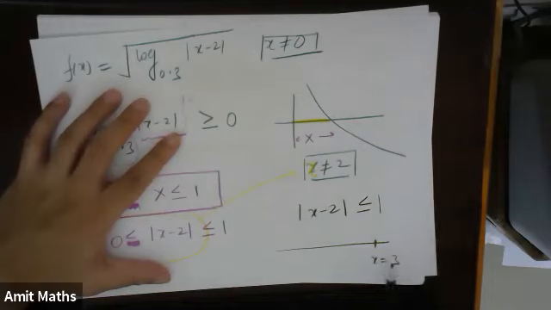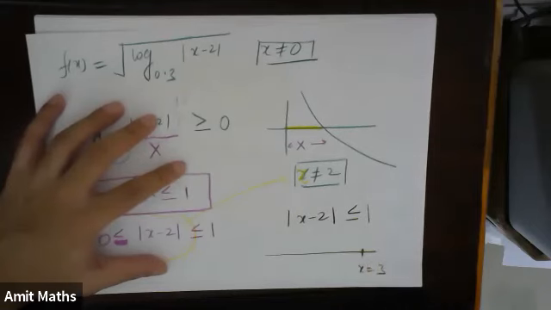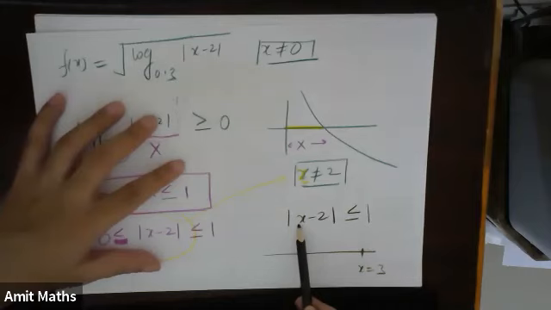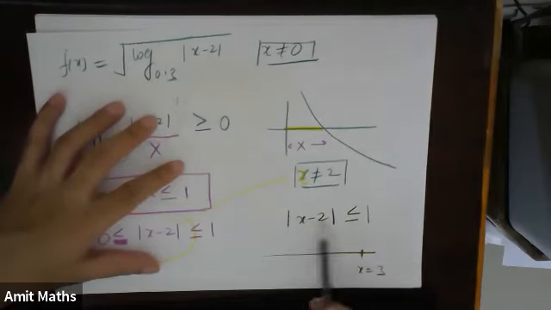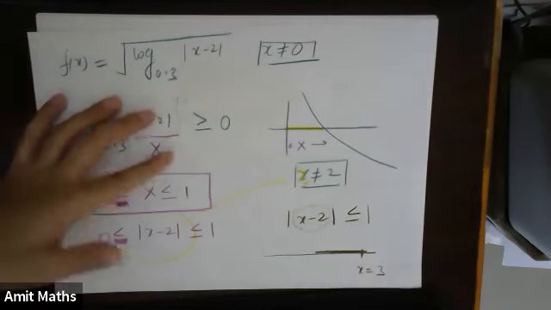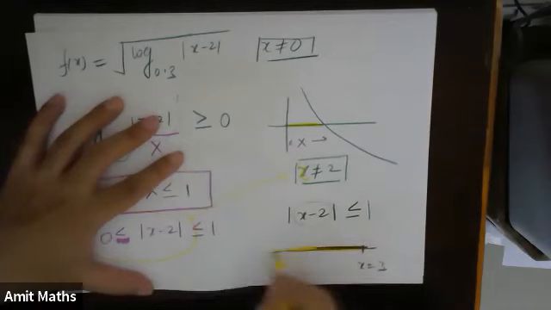And if I move on the right side, x equals 4, 5, 6, 7. Substituting these values, what will I get? I will get more than 1. Suppose 2, 3, 4, 5, more than 1. So that means it will not satisfy. So x should be less than or equal to 3. First thing is this.